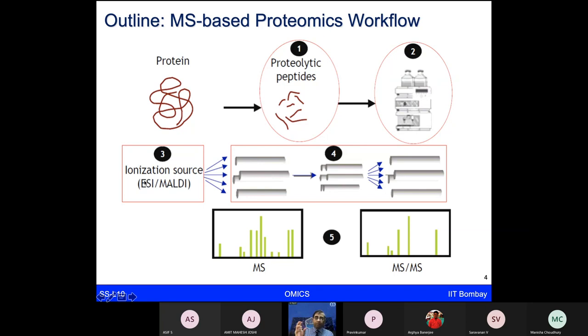Then you want to ionize these peptides to gaseous ionized forms using electrospray ionization or matrix assisted laser desorption ionization, ESI or MALDI. And then once these ions are formed, you want them to move in the mass spectrometer with the mass analyzers to analyze the mass to charge ratios, with different configurations of these mass analyzers. We talked to you about quadrupoles, time of flight, Orbitraps, ion traps, different types of mass analyzers that can be used. Or one could also use hybrid configurations like QTOF, when you have quadrupole with time of flight, or TOF with time of flight.